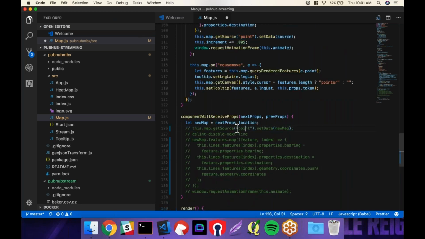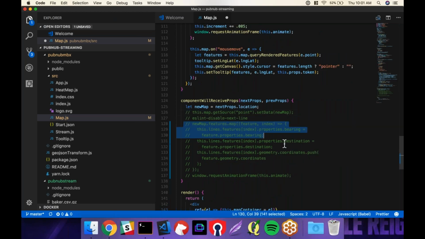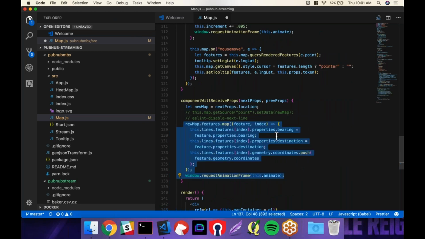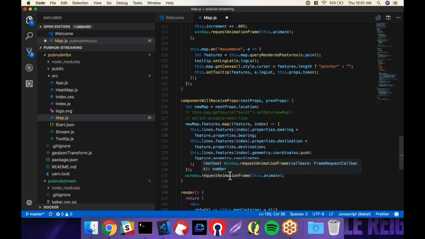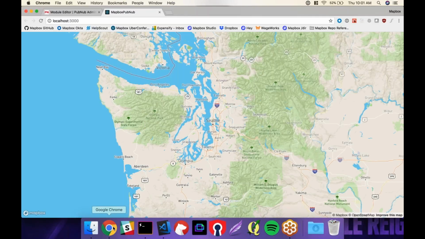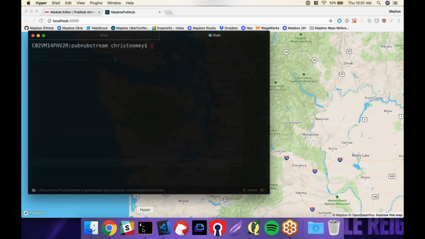We'll just quickly make a change, undo this. So here's just a little bit of boilerplate that passes in the correct data to our animation function, and then calls request animation frame, which handles the debouncing between one frame and the next, so that our map is nice and smooth. So we'll go ahead and let that re-render back to the same blue dots. We're just going to restart our stream,